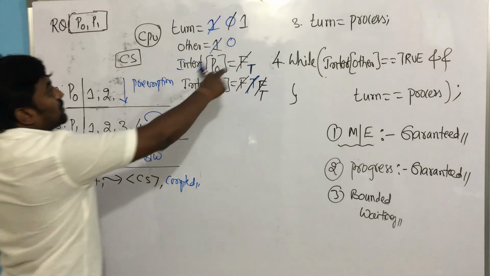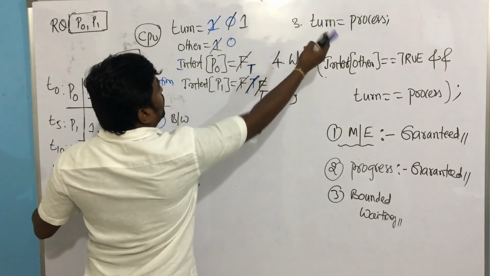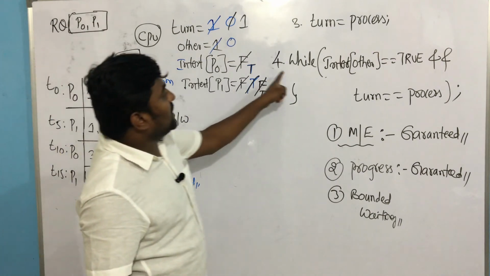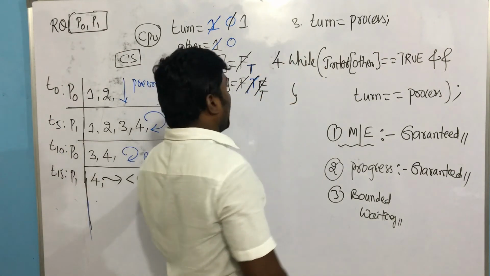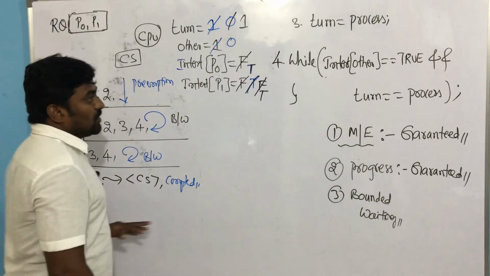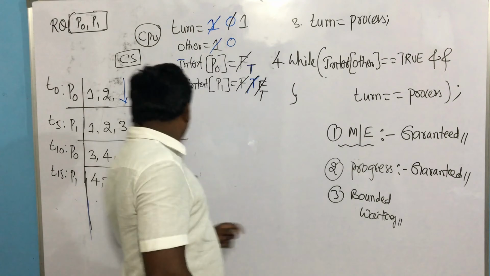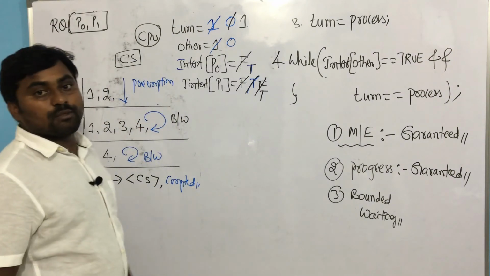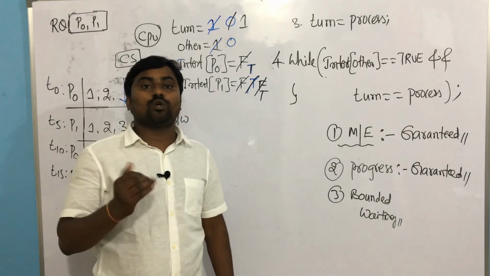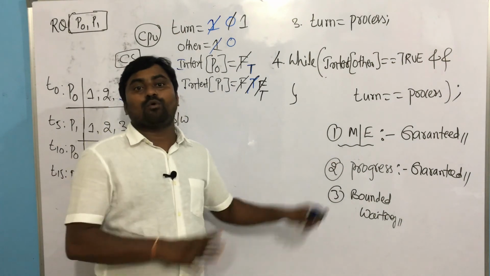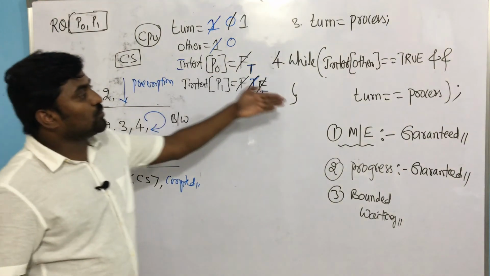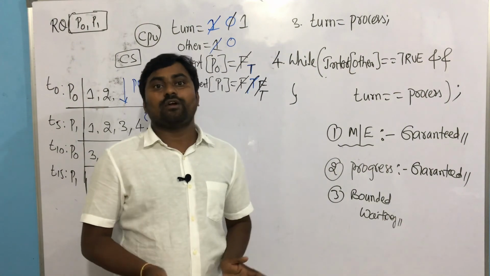Now see. The third instruction will run, that is turn equal to process. Turn value was 0, updated to 1. Now checking the condition. Interested of other, who is other? P0, yes, true. And turn value, what is the turn value? 1. What is the process? 1. The condition is going to be true. So now P1 is going to busy wait. That is, when you are going to use the critical section a second time, the other waiting process is not going to allow it. That is nothing but you are guaranteeing bounded wait. So definitely at this moment, P0 is going to use the critical section. I hope you are understanding.